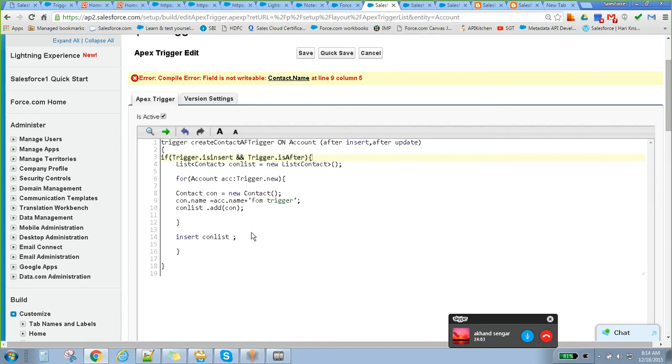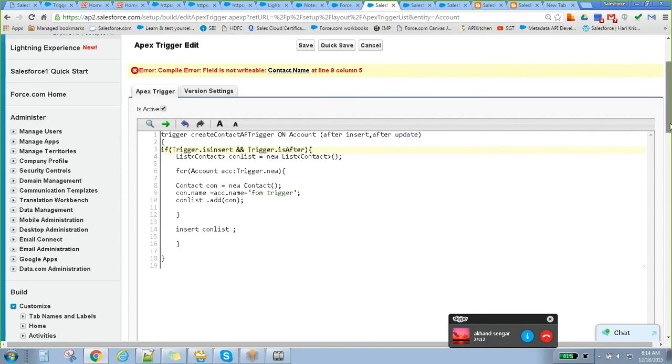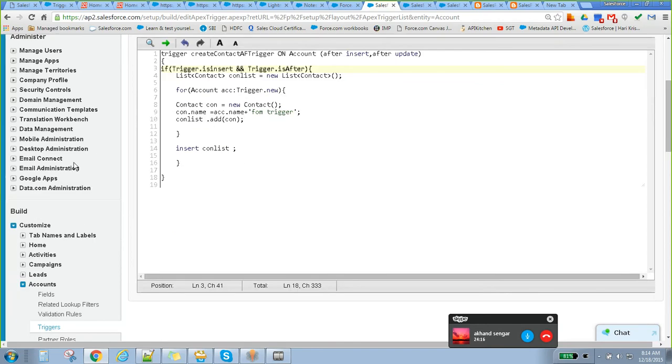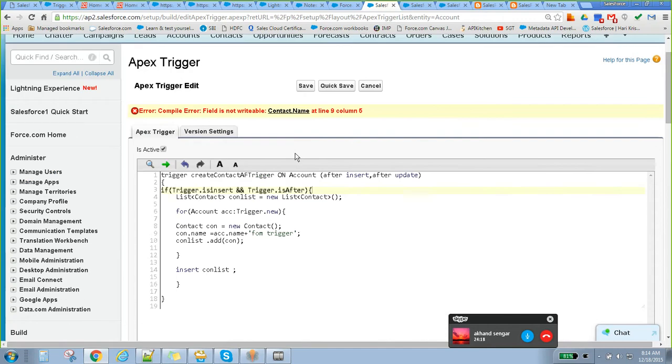Because this is basically copying from the lead, I think that could be the reason. Then I did something, I don't remember as of now, and I was able to create the lead after that. I didn't do any checking of field accessibility, I did something and it worked.